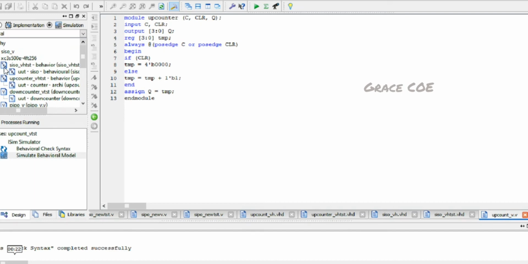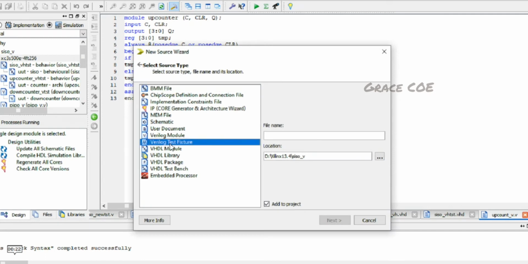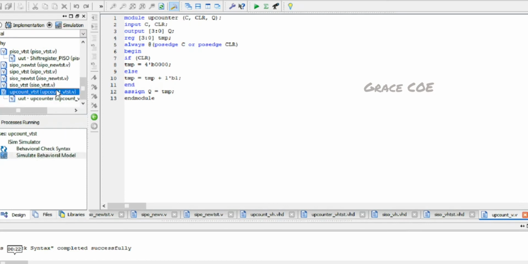For that, we go to the device, right click, go to new source, go to Verilog test fixture, give the name of the test bench, then click finish. Here I have already created the test bench, so I'm selecting the test bench over here. This is the test bench file I've created.